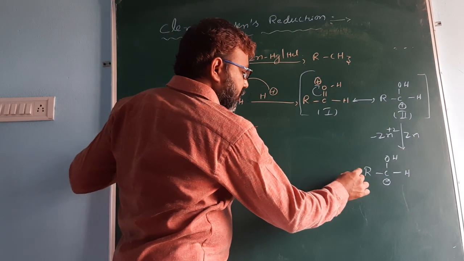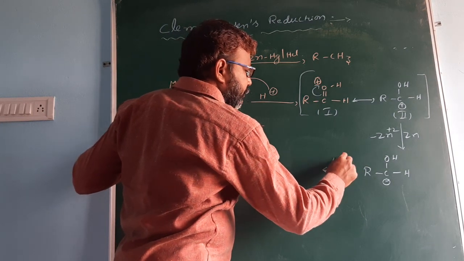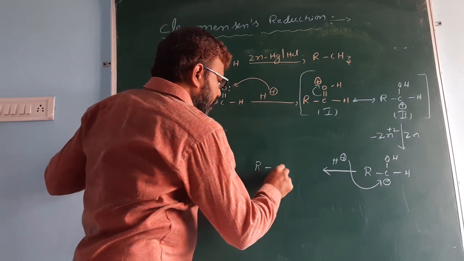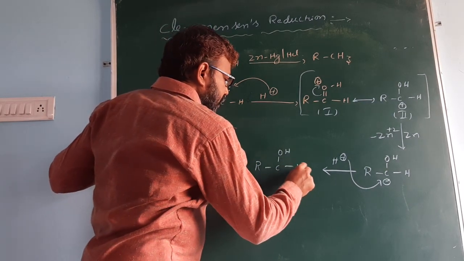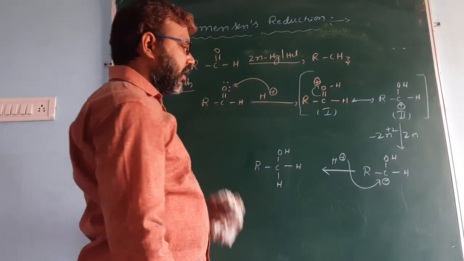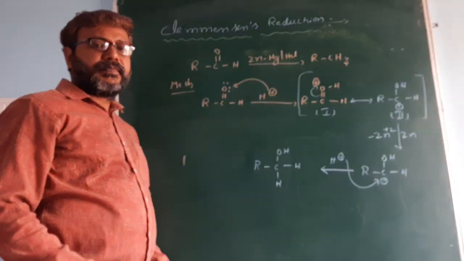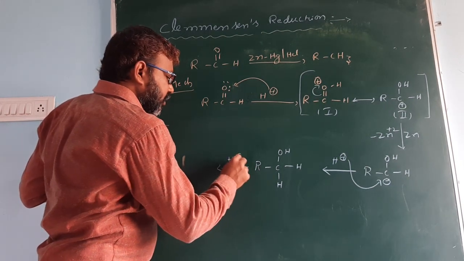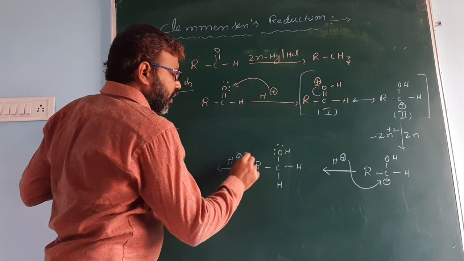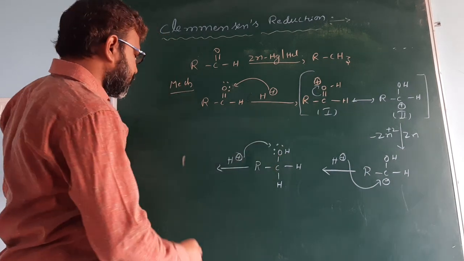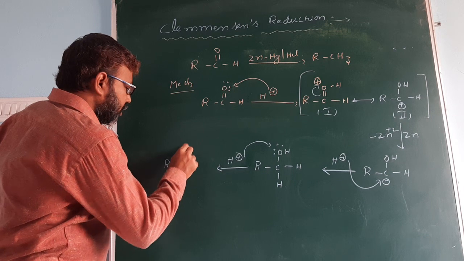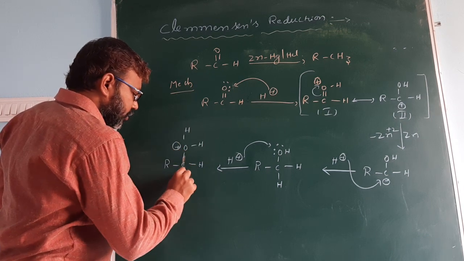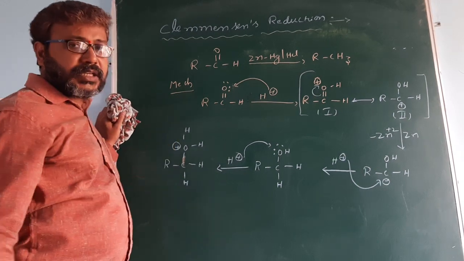Now the reaction takes place in acidic medium. So H plus attacks here. We get R, OH, H, H. The reaction cannot stop at this stage. So further reaction takes place. The reaction takes place in acidic medium. Oxygen has a lone pair of electrons. H plus attacks on oxygen. It is converted to an oxonium ion. So oxygen has a positive charge. It is unstable. Already you know why it is unstable.